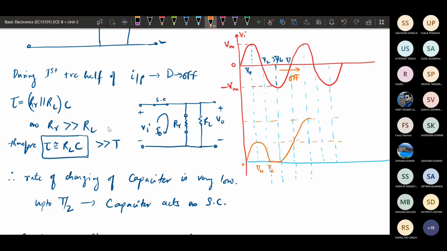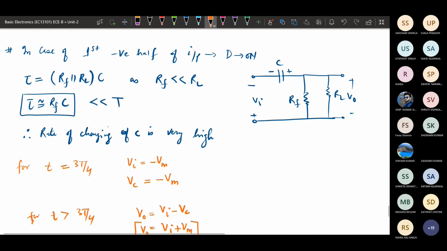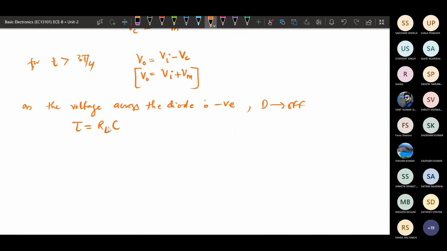So the value will be this. Now once we are decreasing, it will be decreasing. Whatever decreasing, it should be 0, but because of the capacitor, it will be plus Vm, and this will be plus 2 Vm. Now onwards, this will be the output waveform. Similar output waveform we will be getting in that case.